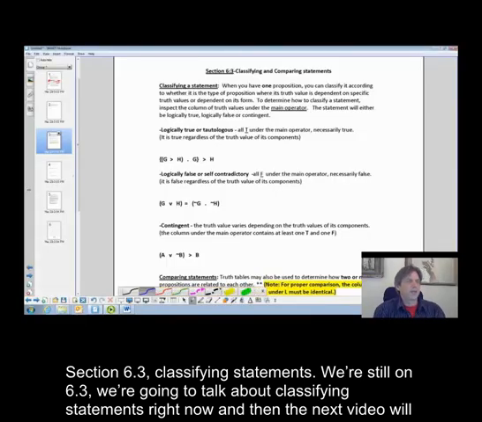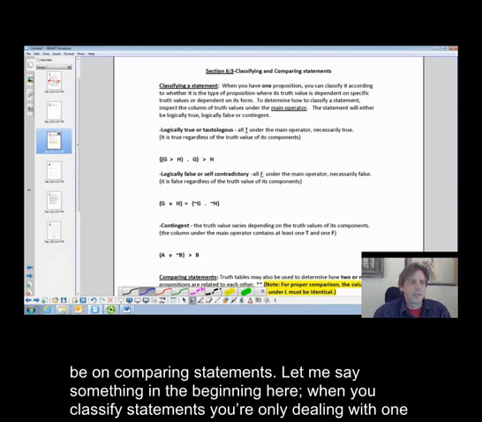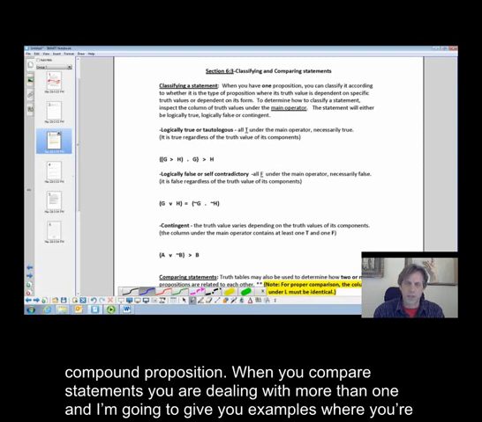Section 6.3, classifying statements. We're still in 6.3. We're going to talk about classifying statements right now, and then the next video will be on comparing statements. Let me say something in the beginning here. When you classify statements, you're only dealing with one compound proposition, okay? When you compare statements, you are dealing with more than one, and I'm going to give you examples where you're